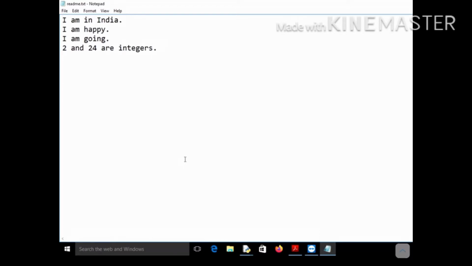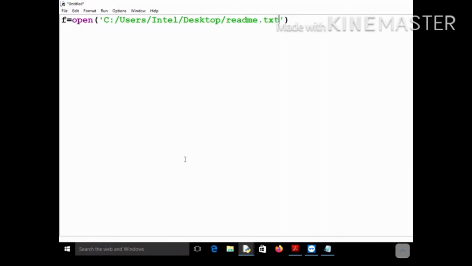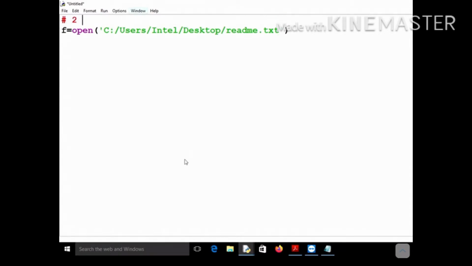Okay, so this file has 4 lines, and you have to count the number of characters present in this particular file. So let's do one thing, let's minimize the content so that you can count it here and then match it also. Later on I will add it again. I will just keep 2 lines. So this particular file, let's see, how many words are there? How many lines are there? There are 2 lines. Okay, so let me write it here, 2 lines.